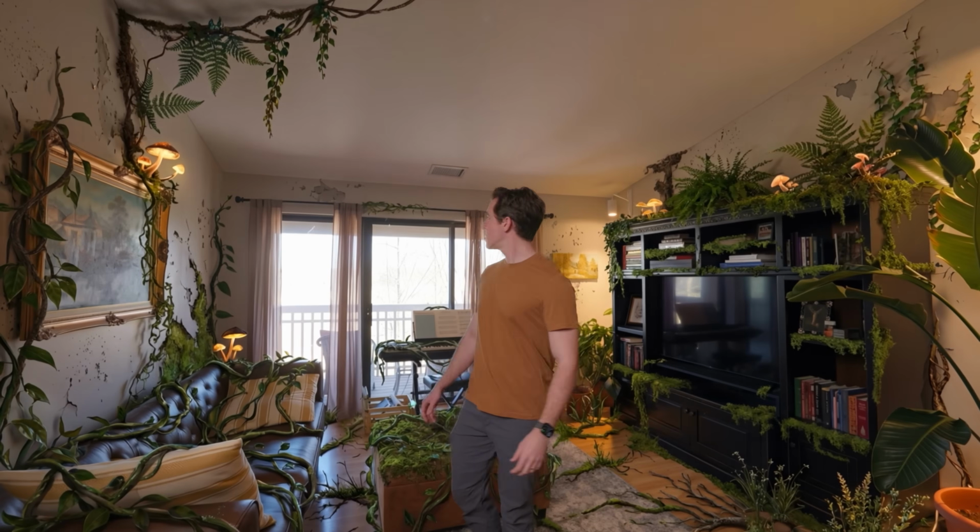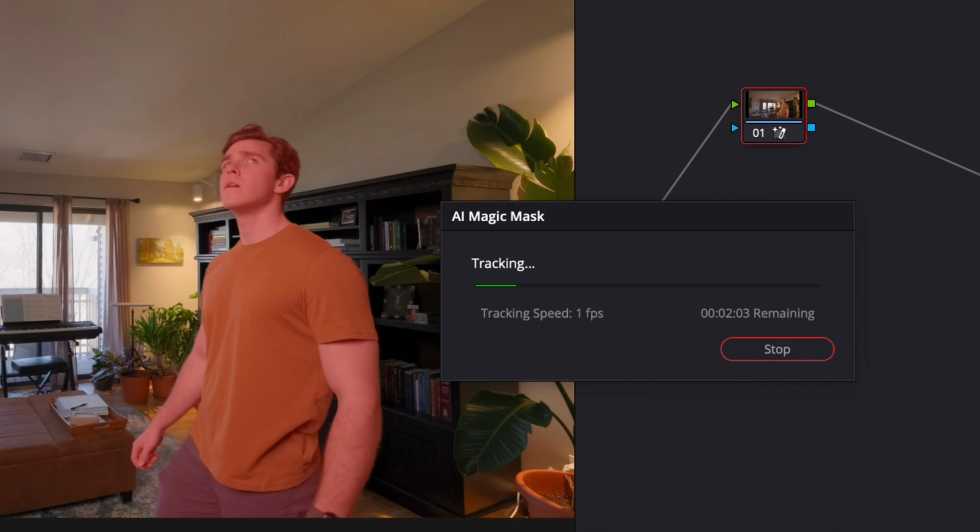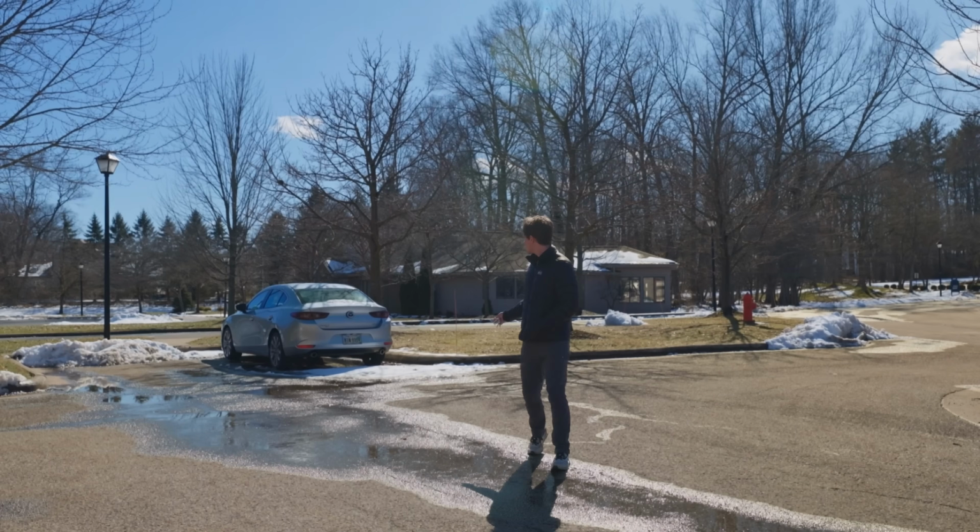Now I know all of these instructions might have been a little bit fast, so don't be afraid to replay it or come back to this video when you're doing the effect yourself and follow along step by step. Knowing how to use the mask tool is especially important because we're using it again in our fifth and final effect,